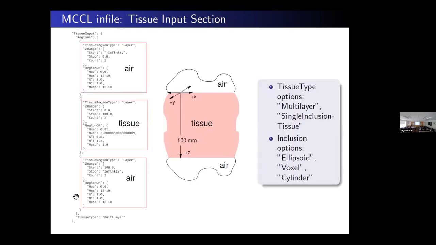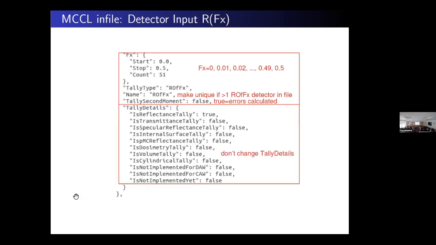And then we define tissue. We put air up here, but you can change the optical properties as default, air below and above, and then the tissue in here, and then the optical properties and how thick this is. You can make it multi-layer. You can change the refractive index of the layers. You can include an ellipsoid. Ellipsoid was more derived from tumorous regions, but the need for voxel and cylinder came up because people were taking measurements on phantoms that they had made, and they had certain geometric shapes that they wanted to take measurements on, so those got derived.